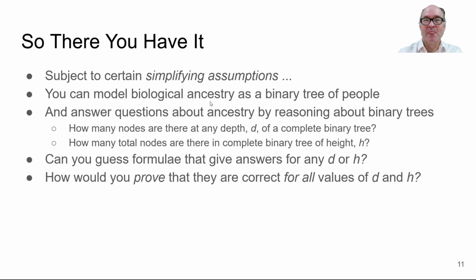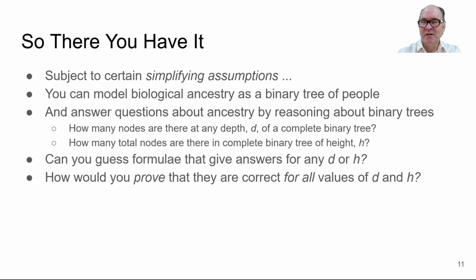So there you have it. Subject to certain simplifying assumptions, we can model real biological ancestry as a binary tree of people. Now, I've said before this phrase, subject to certain simplifying assumptions. That means that if certain assumptions are true, then you can model and reason about your ancestry using binary trees